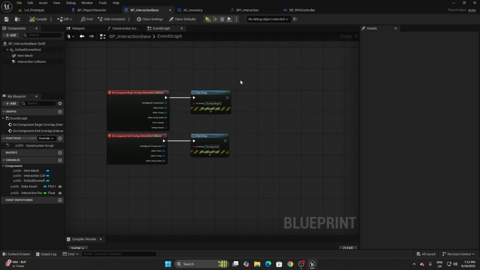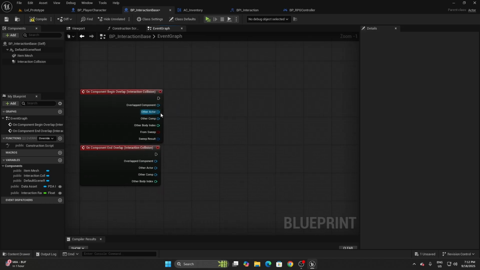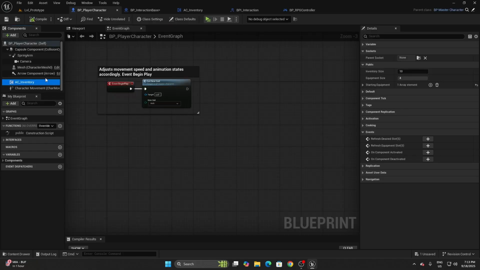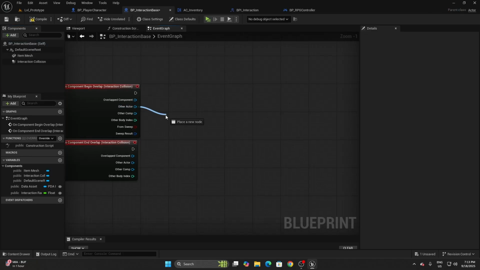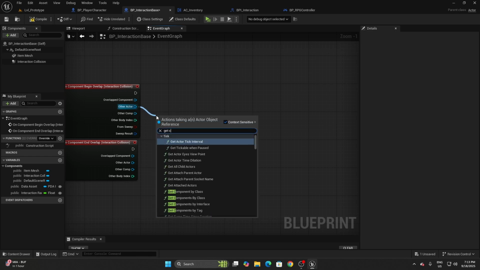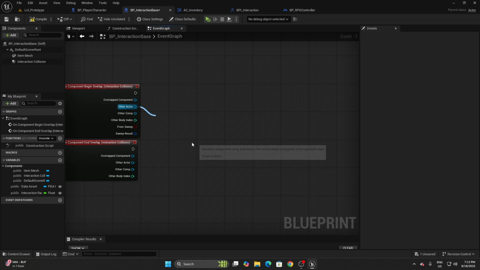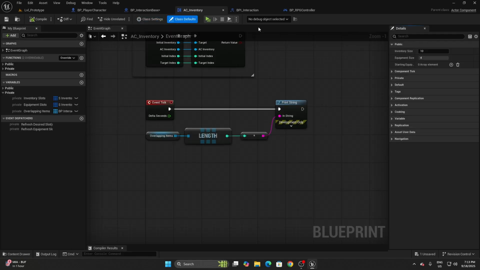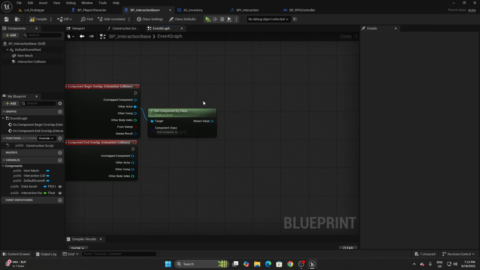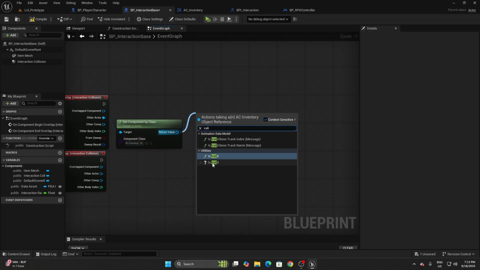Now let's open up the interaction base here, and we can check if the other actor, meaning the actor that's currently overlapping the item within the world, contains the inventory component, because only the player character will contain that component within the components tab as shown right here. So I'll get that other actor, and search for get components by class. I don't think we have any interfaces here. No. Okay, that's fine. So let's search for the inventory component, check if it's valid,